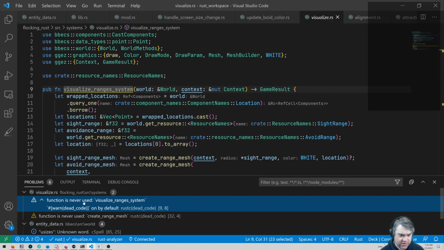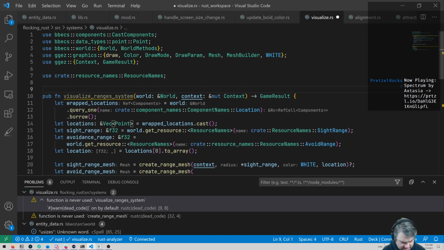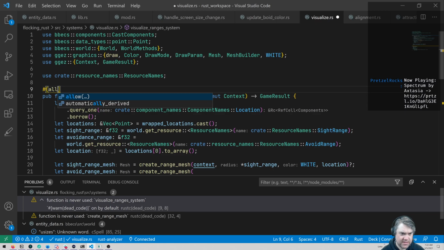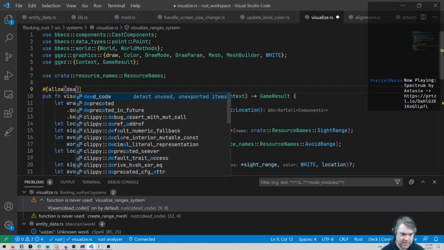Okay, function is never used, visualize ranges system. Yes, that's true. The reason why it's never used is because I only turn this on for debugging purposes. So I should allow dead code. So the way I do that is this allow dead_code.